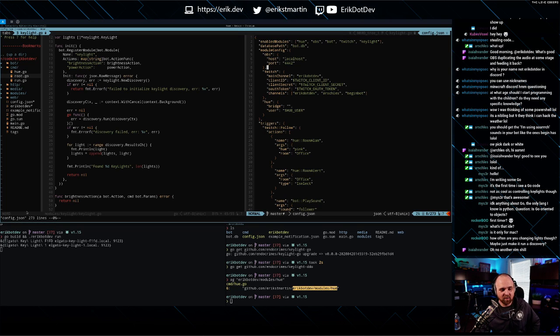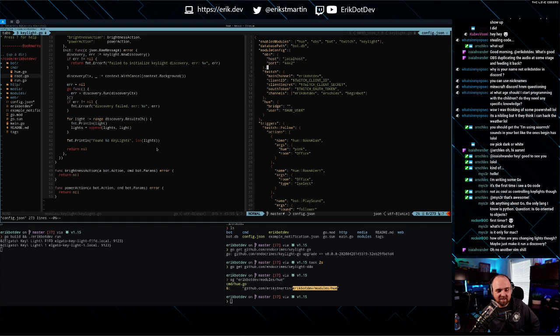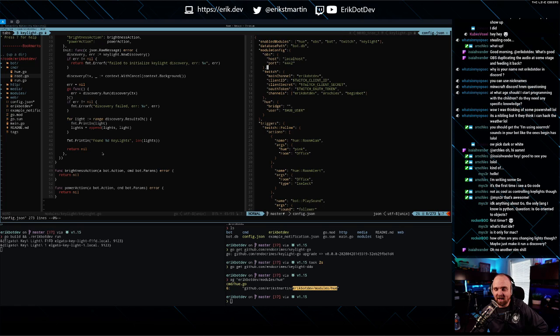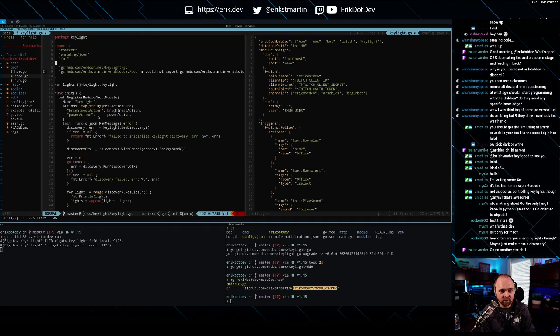Okay, so yeah, we never see this light count, which means the discovery is actually running forever. So I think that's where our issue is. We don't want it to run forever because then it locks up the rest of the startup process for the bot. We want to make this safe though. So what we could do is